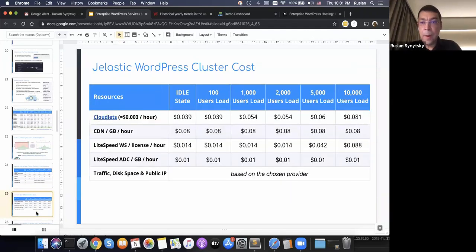So if we apply cost related to cloudlet, we will see the following numbers, which a Jelastic billing model is based on hourly billing. So we analyze how much resources we consumed during each hour, and then we apply cost of these resources.